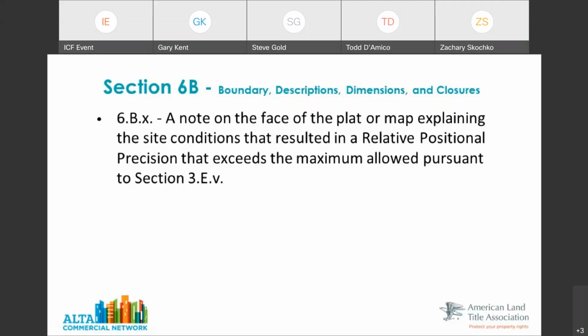It might be related to the relief, how much up and down there is on the property, that it simply does not allow us to make the measurements as precisely as we would like and as precisely as the standards want. And if that's the case, we simply need to put a note on the survey that says, here's what was going on that prevented this.